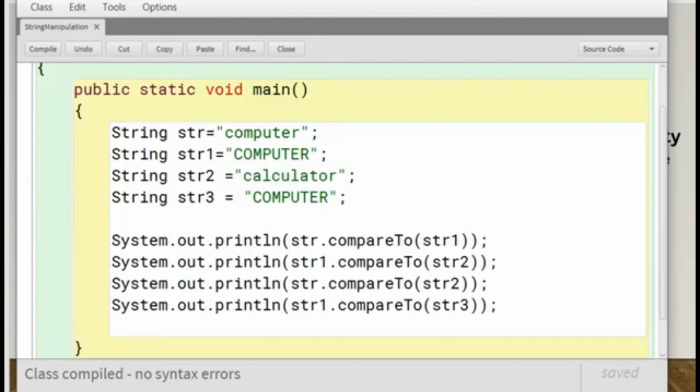Here in str1 we have the value capital C, and in str2 the first character is small c. So the capital C is getting subtracted from small c. Obviously the ASCII code of capital C is lesser than the ASCII code of small c. So when we find the difference, the ASCII code of capital C minus the ASCII code of small c, the result will be negative.